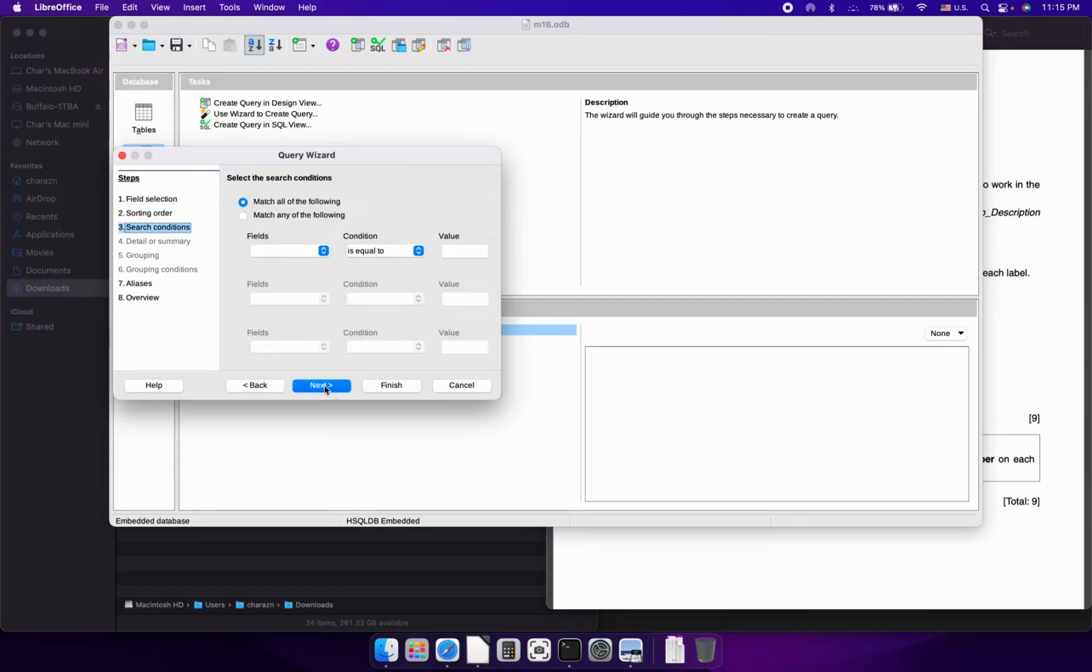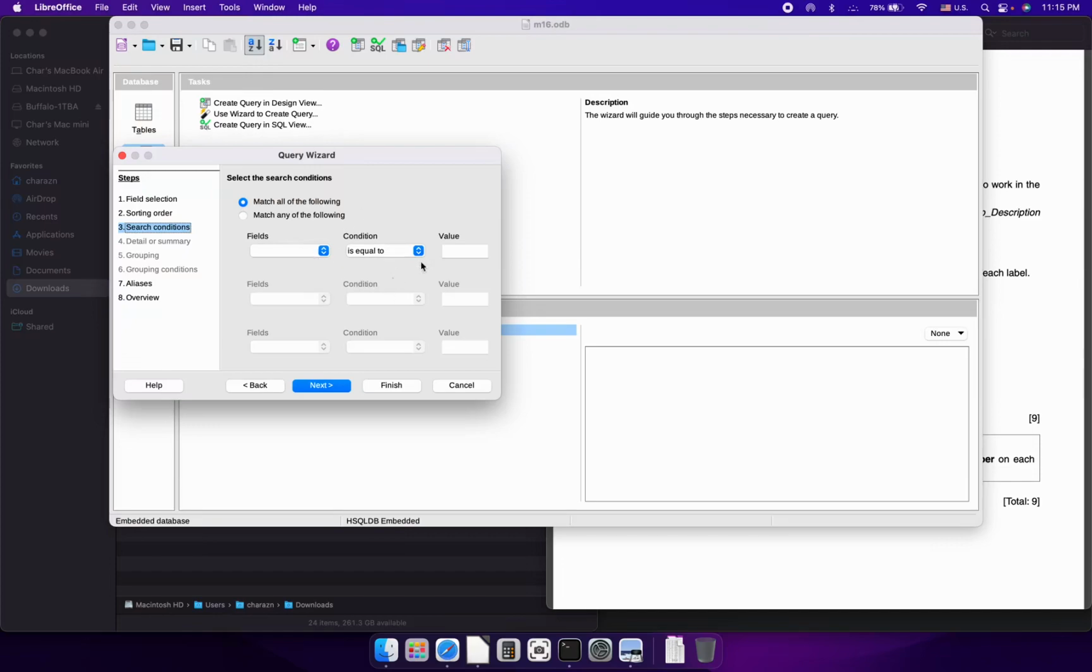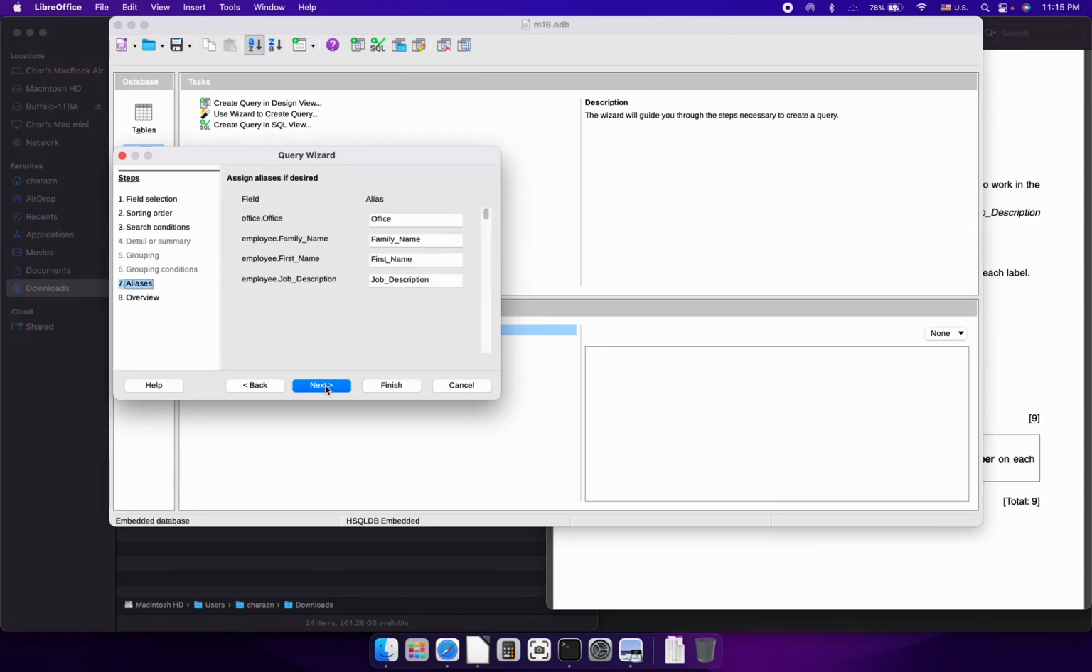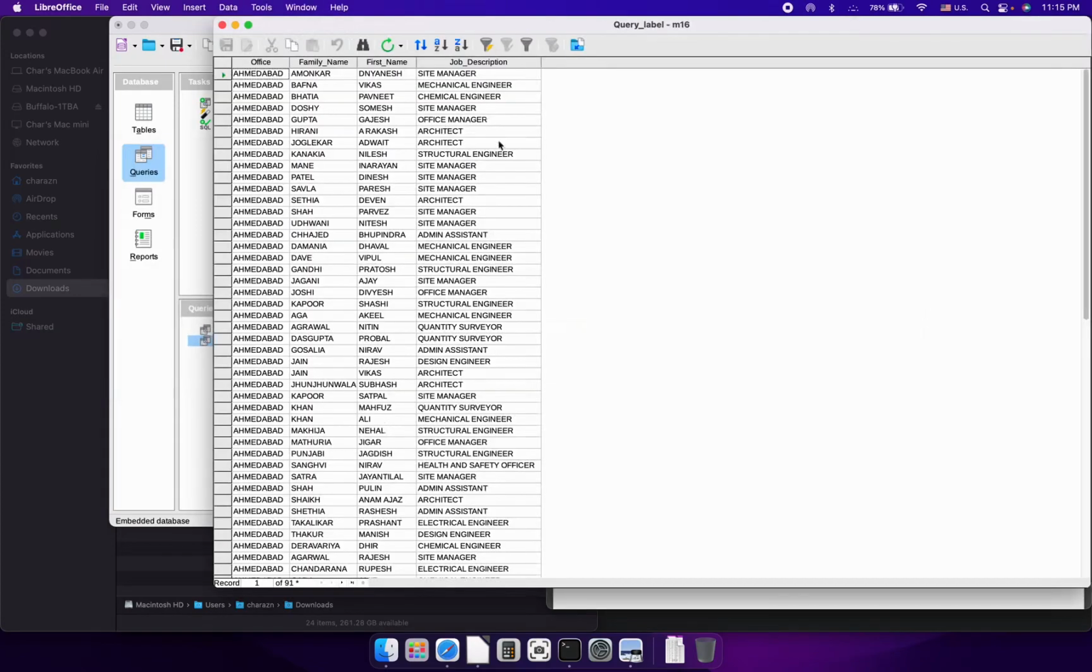We don't need to sort because it's not required. Now one thing we can do for this is there are some conditions required. For example, the office is Mumbai or Bangalore, and then the job description must contain the word engineer. So one thing we can do is put the equality equations here, or a like condition, as we shall see later, but we can skip that because we can enter it directly in the query. So we'll leave everything as it is, next, and then we'll just call it label because we are doing it for label. So finish. So this is generated,